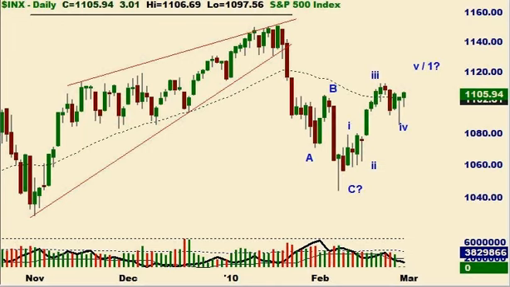Pacific time, and wanted to take a quick look at the S&P as well as Google, Apple, and crude oil, gold, and the dollar. Anyway, quickly looking at the S&P, the best count that comes to mind when I look